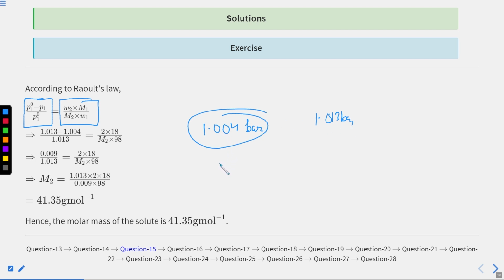1.013, but it is not so because of the addition of the solute. So we can try to find the relative lowering of vapor pressure through this. So what is the lowering? It is 1.013 minus this much, divided by the actual pressure. Now we got this, we put the value of the remaining one. So we have 2%. We are considering that we have 100 grams of this. Okay, so out of which 2% is this much. So that would give us the mass of M2,